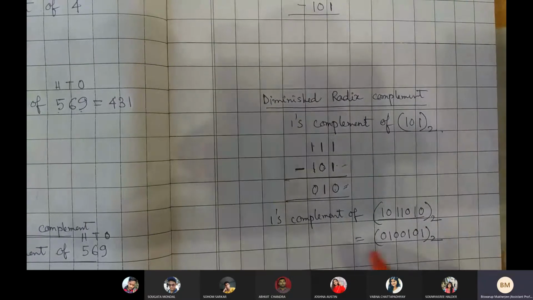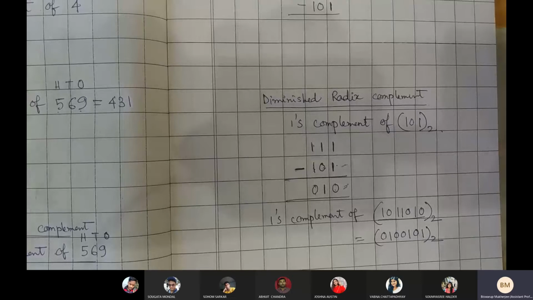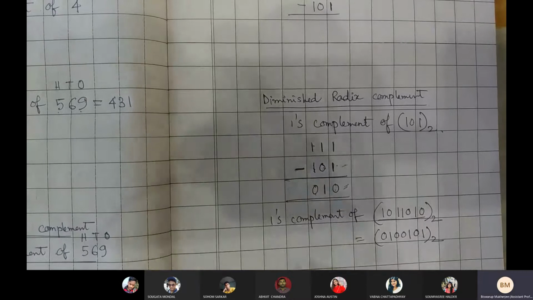Now that means we are not going for any subtraction kind of thing. Whatever the bit is, if it is 1, I'm just converting that into 0. If it is 0, I'm converting that into 1. Okay. So once you have got the diminished radix complement or the ones complement, obviously we know ones complement